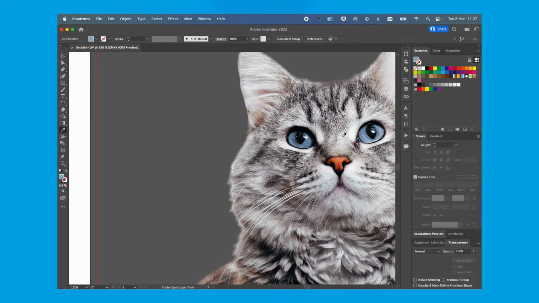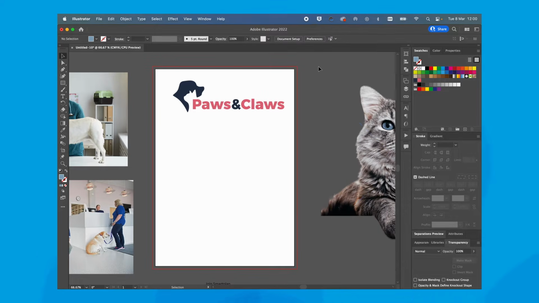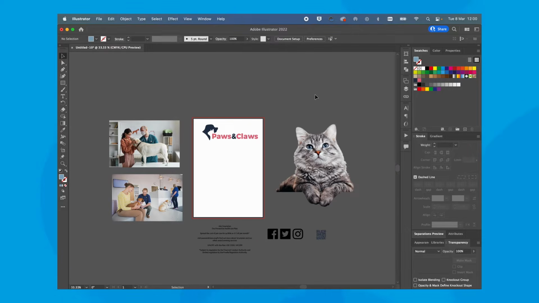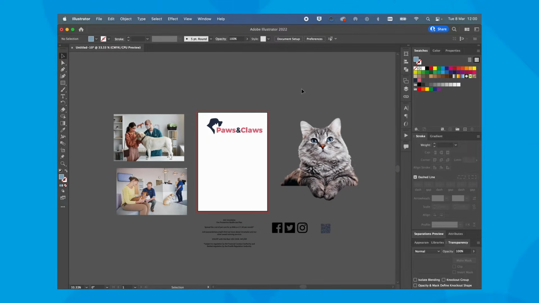Yeah, I think that one looks good. Maybe a bit stronger. That's a good one. And I'm going to add that. So now I've got all the ingredients for my flyer.